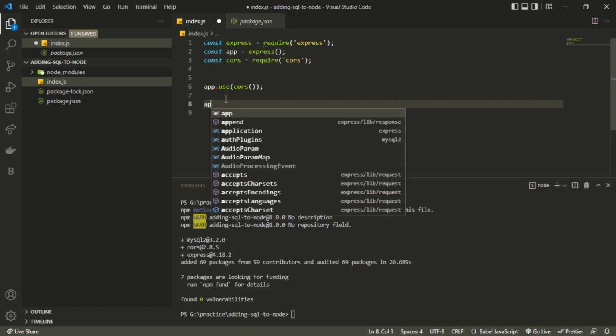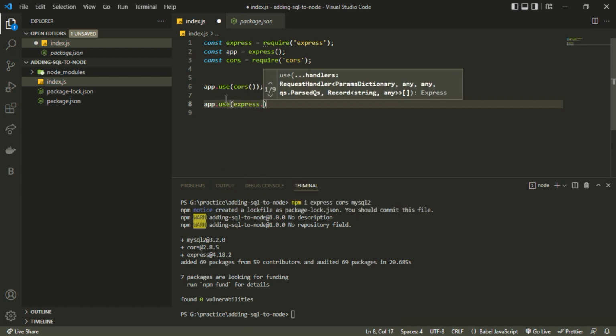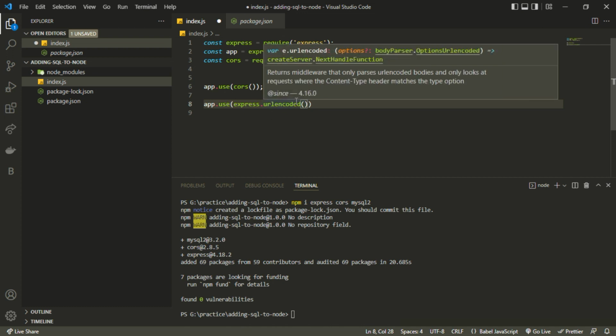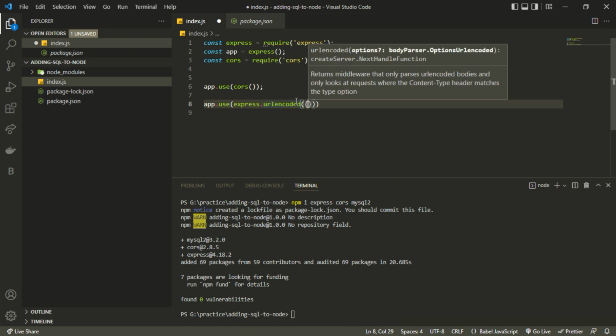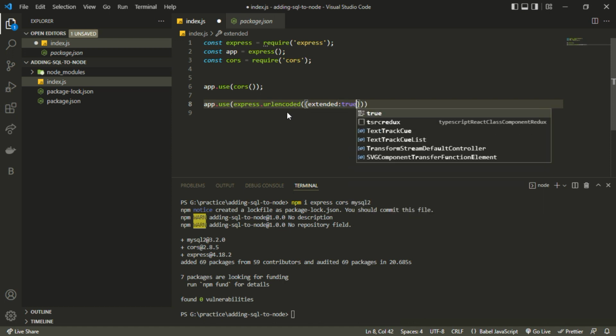So this is the thing, and after that I can use one more middleware, which is express.urlencoded, which allows us to send bodies in the request. So we'll be able to parse the bodies. It is kind of a body parser you can think of. Earlier we used to have the body-parser package, but nowadays we use this urlencoded. And inside that we can specify extended, and for extended you can write true,